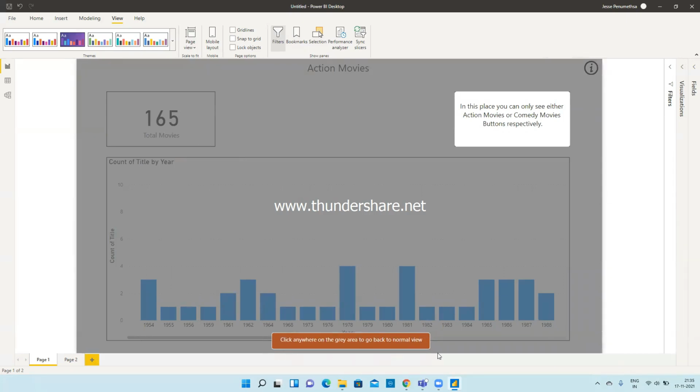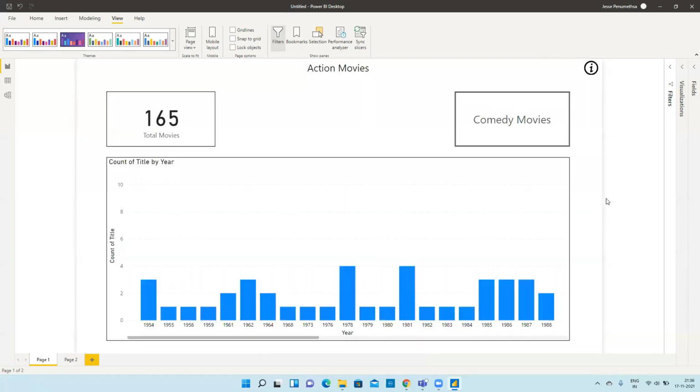If this is not provided, since I know Power BI, I will go somewhere and I can edit, and you also know Power BI, so you can go edit. But always a dashboard should be developed in layman language, with a layman thought process. Someone who doesn't know anything about Power BI should understand it better. Okay, so for that purpose you need to provide that. And now if I click on this gray area, it will come back to the normal view.